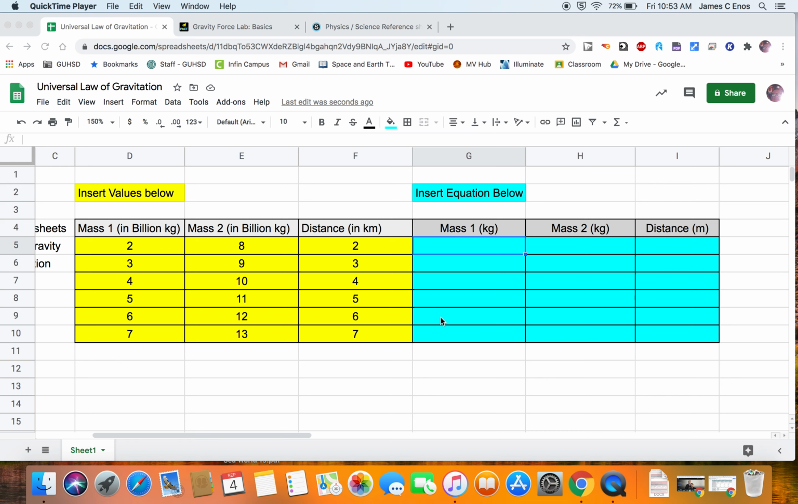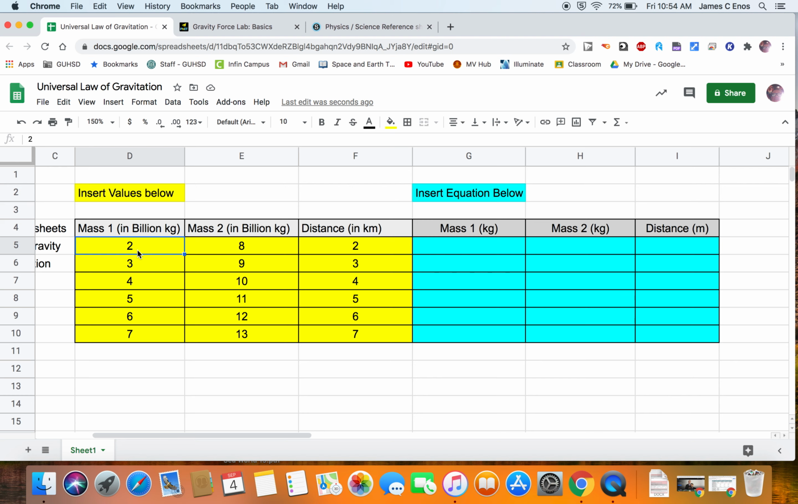Hello class, this screencast is to show us how we're going to insert equations to get our mass values and our distance values. So you're going to put in mass 1, mass 2, where you're going to insert these values below. You're not going to create an equation, you're just inserting the values, and you're going to keep it